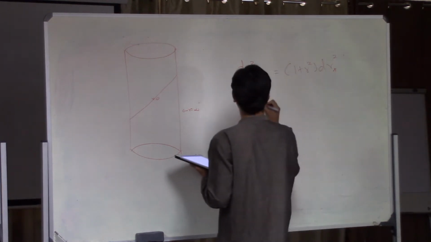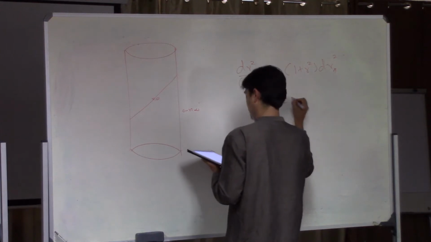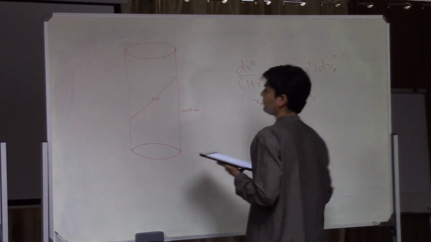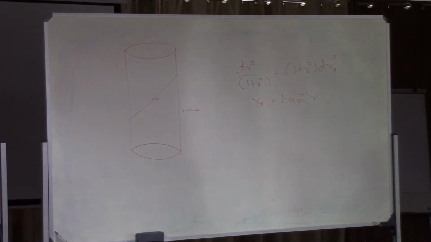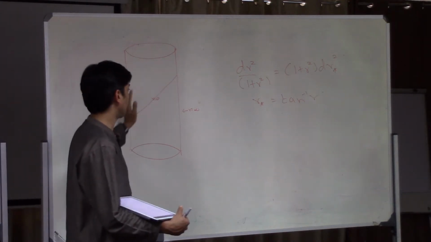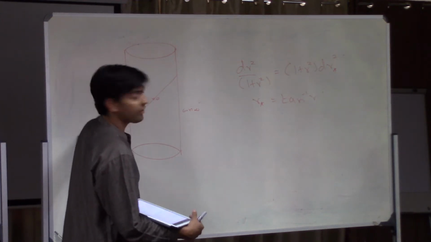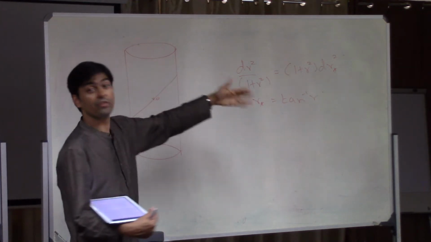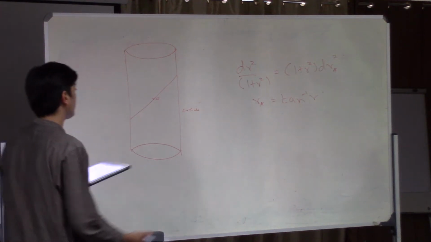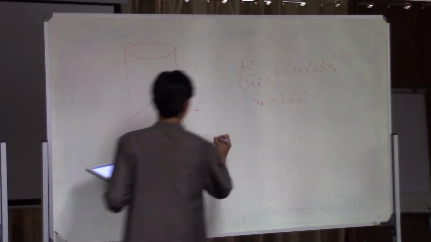Okay. And then R star is tan inverse R. Using this, you can easily check that the light-like geodesics that don't move in the sphere just go along delta R star equals delta T. So you can see that light-like geodesics can go from R star equals pi by 2 to 0, and so they can clearly cross this range in a time which is pi by 2. Okay. So the light crossing time of AdS is pi.